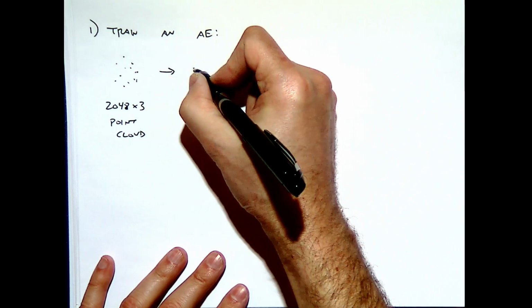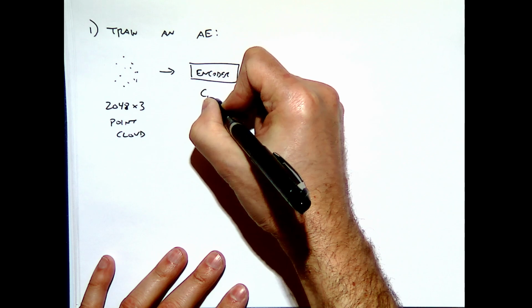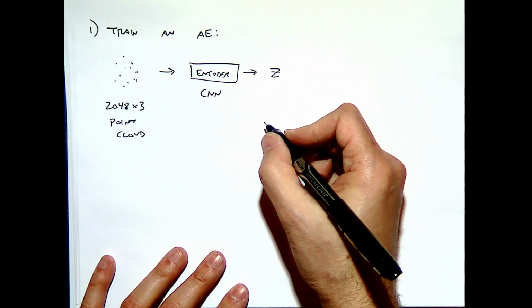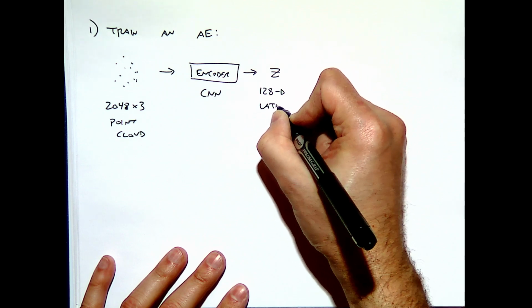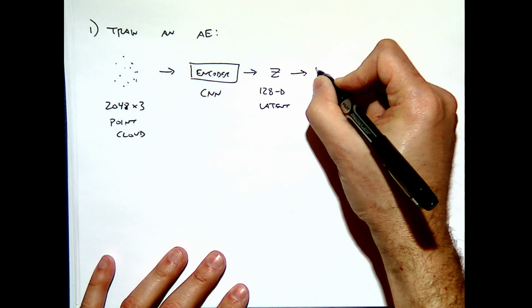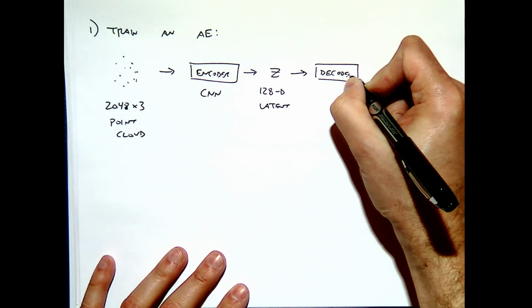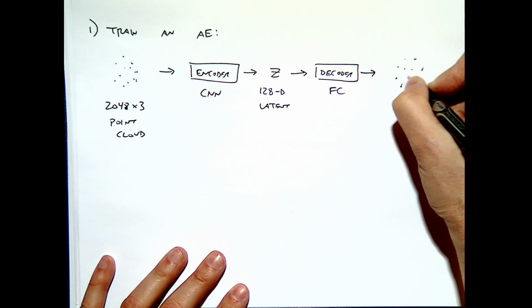That goes into an encoder, which in the original implementation was a type of CNN. What you get out of that is a 128 dimensional latent. Then you have a decoder, which was a fully connected network. And then what comes out is a point cloud, right? So this is like your vanilla